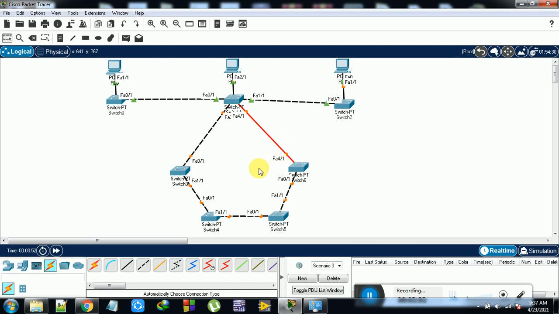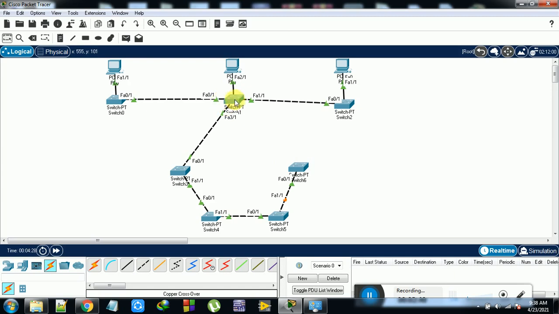So the topology connection, suppose this is a wrong connection, it is showing, so I want to connect properly. This one is connected to fast Ethernet 4x1, and it is not taking properly. So what is the problem? FA0 is already connected, this one is connected. The number of ports, 1, 2, 3, 4, are there.